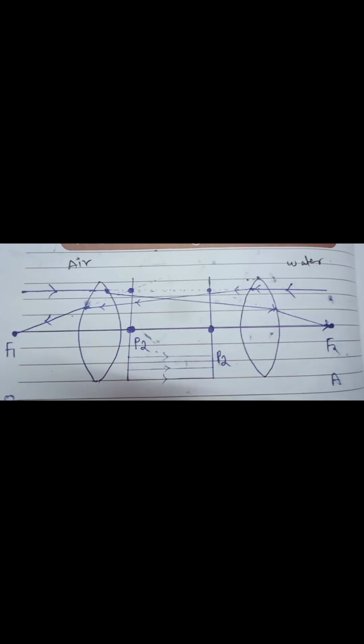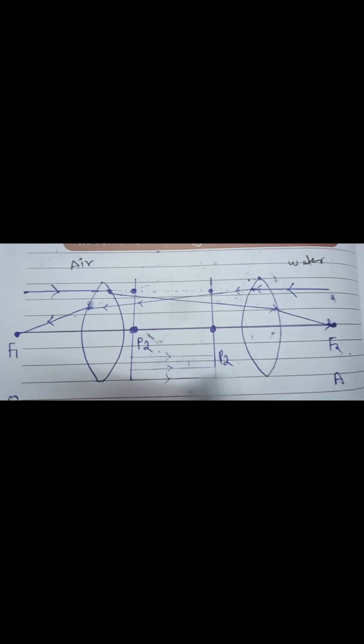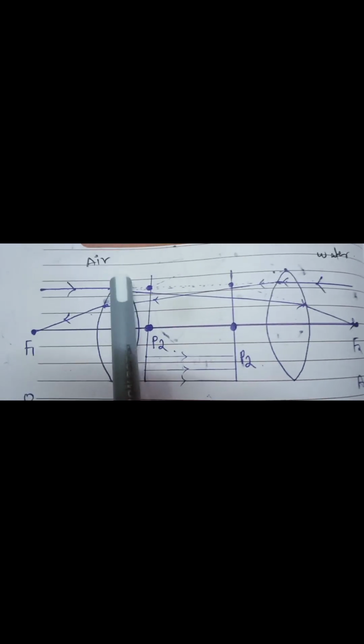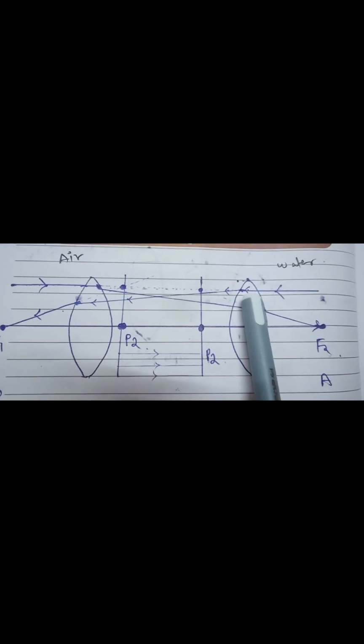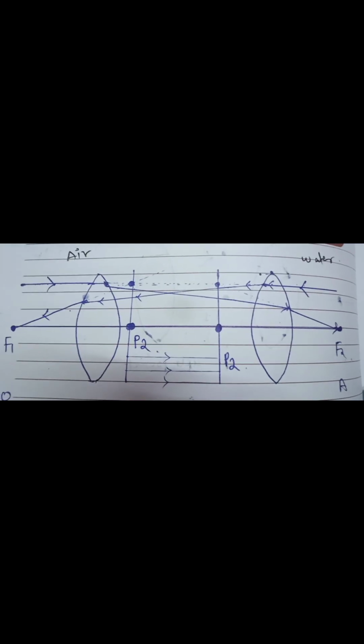Suppose the rays are coming from this air medium passing through this lens. This is a thick lens system, divided for convenience into two lenses. This is the anterior surface of the lens, the posterior surface of the lens, and this is its thickness. Suppose the ray of light is passing from the air medium, then going into this water medium. So the refraction is happening here,